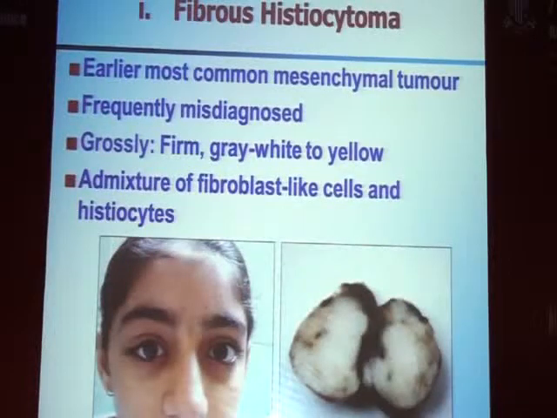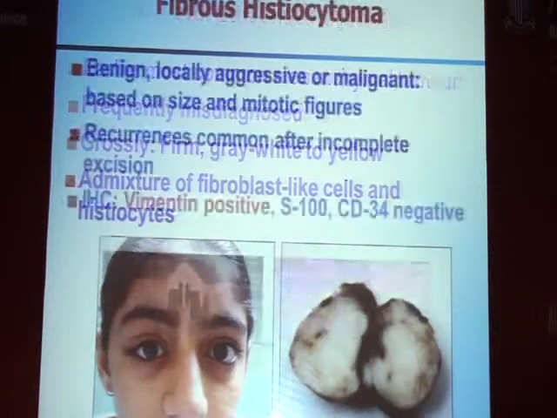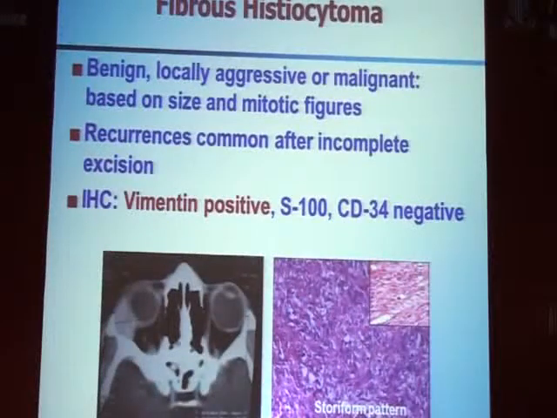Now fibrous histiocytomas. Earlier in pathology there were a lot of tumors which were diagnosed as fibrous histiocytomas, but now the most recent concept is that this is one of the rarest tumors, and it is because pathologists can't subtype the mesenchymal tumors, so we dump them as fibrous histiocytomas. So actually they are not very common. And it is a diagnosis by exclusion.